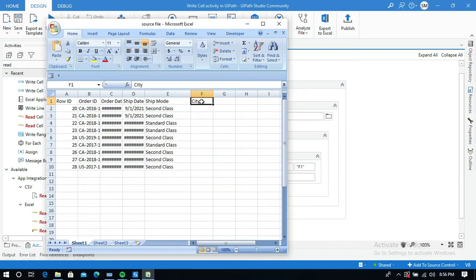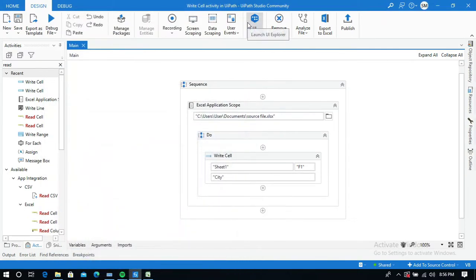For example, if you already have existing data in your Excel, what will happen? Let me copy this cell name, E10, with Control C, and I'm going to minimize it.